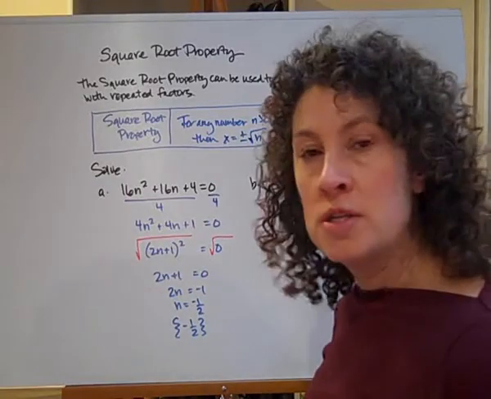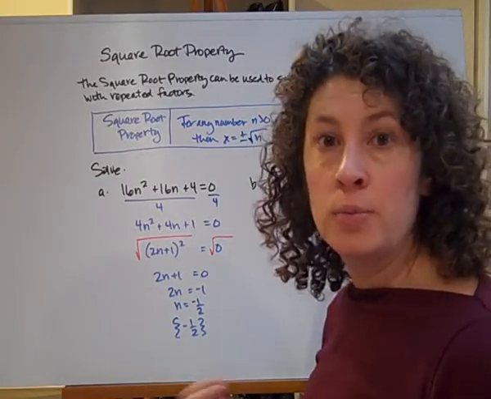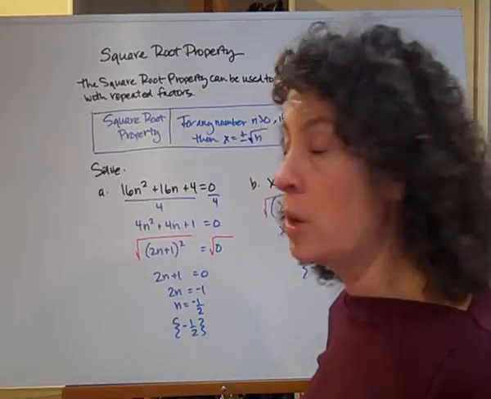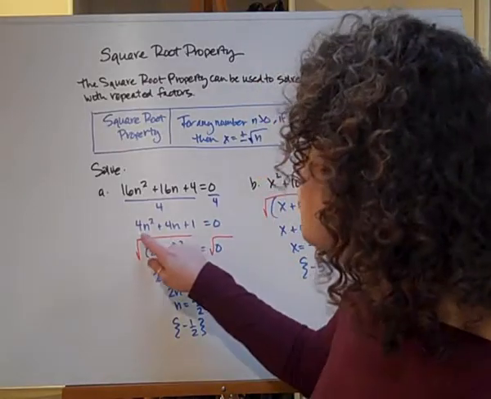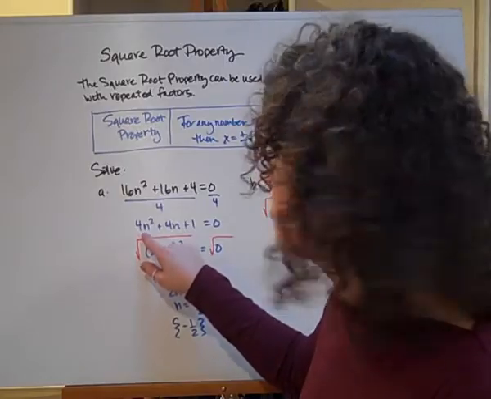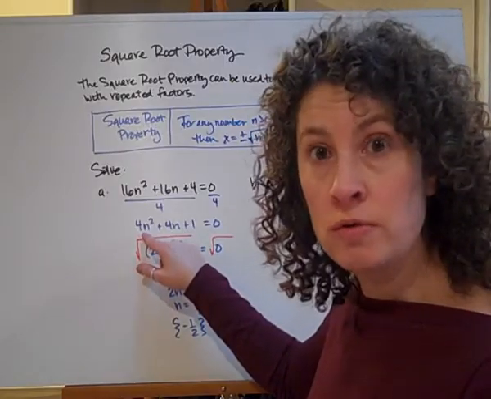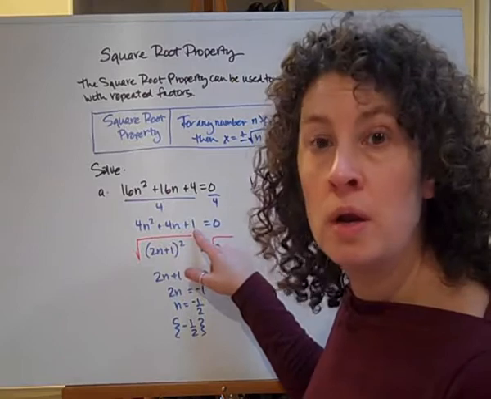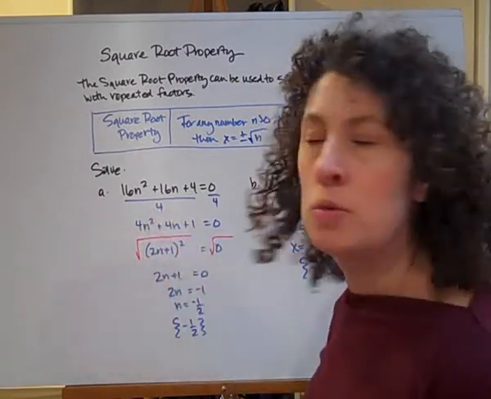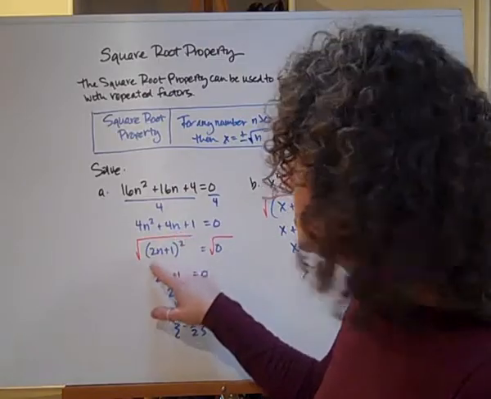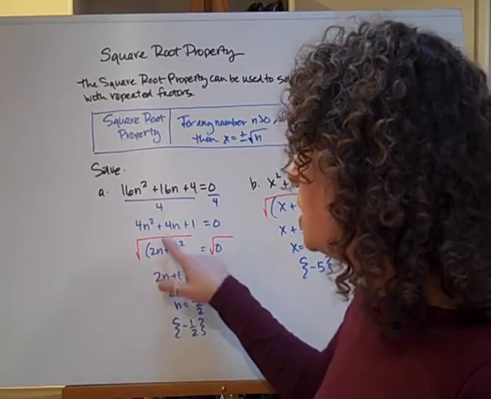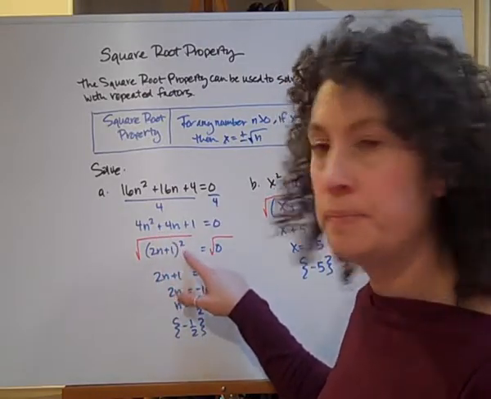No. Before I start to look to see if I can find a product and sum, I'm going to look for a perfect square trinomial. I want to look for that first because that's a really simple pattern to do. So 4n squared, yes, that's a perfect square, it has a square root of 2n. 1 is a perfect square, it has a square root of 1. 1 times 2n is 2n, times 2 is 4n. So yes, this is a perfect square trinomial. So I can factor it so it looks like 2n plus 1 squared.